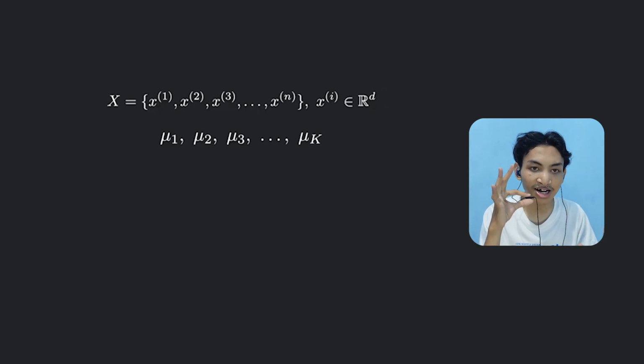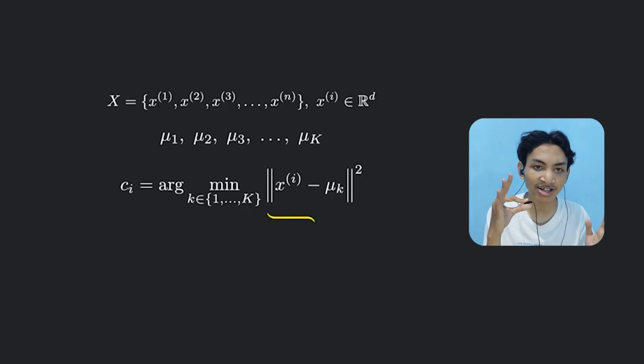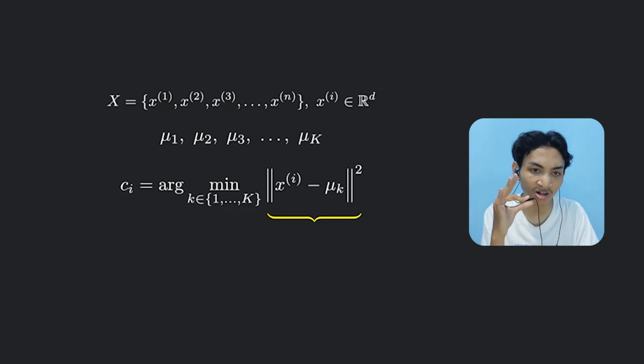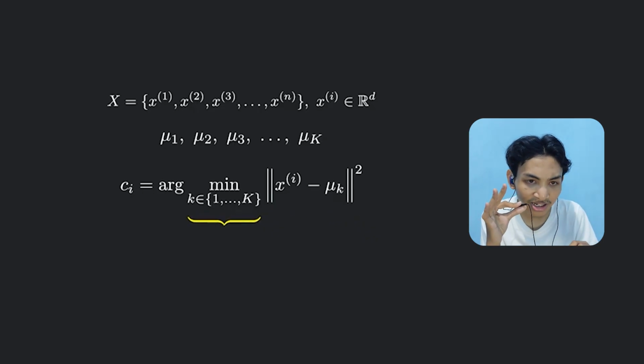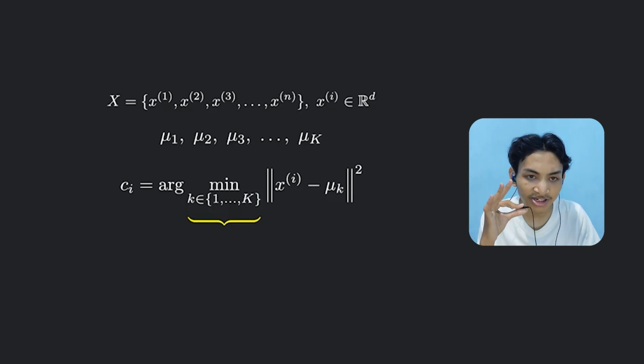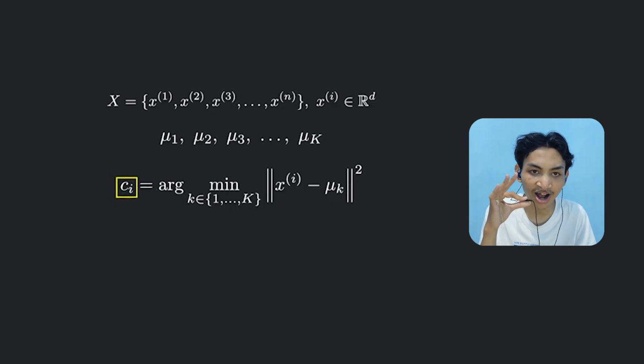The first step is the assign step. For each data point, we calculate its distance to every centroid. Instead of just taking the raw distance, we actually square it. This is done purely for mathematical convenience, since squaring does not change the minimization result, but it makes the math simpler to work with. After computing the squared distance to all centroids, we pick the smallest one and assign that data point to the corresponding cluster. This assignment is represented using c_i, which indicates the cluster to which the i-th data point belongs, and once the points are